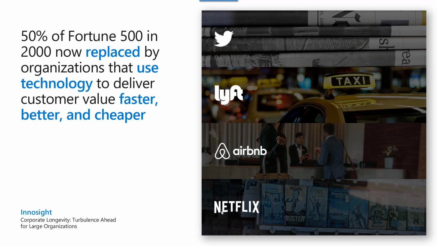So for those who don't know about the Fortune 500, there is a magazine in the US that lists the top 500 companies based on fiscal year revenue. 50% of these companies are gone. They don't exist. They have been replaced by companies that use technology to deliver customer value faster, better,